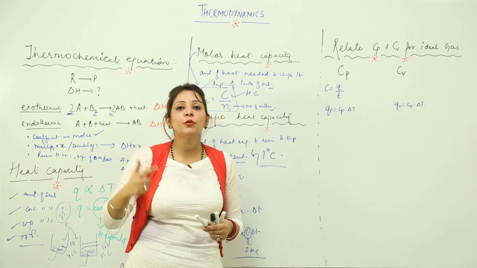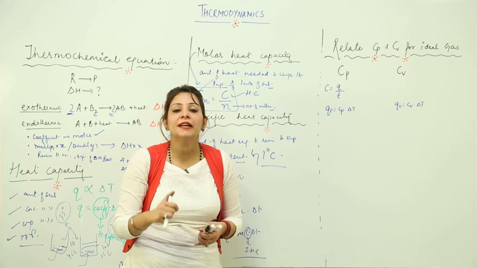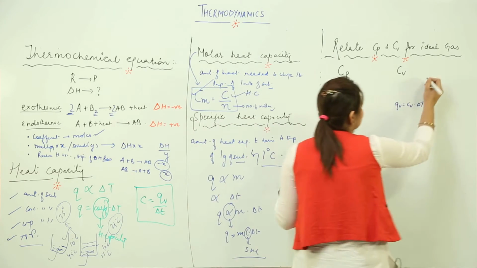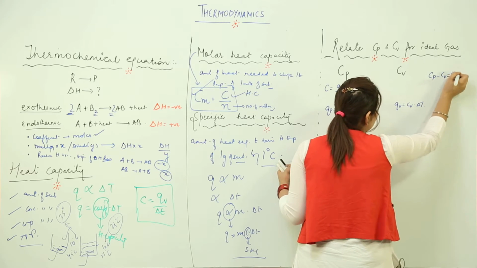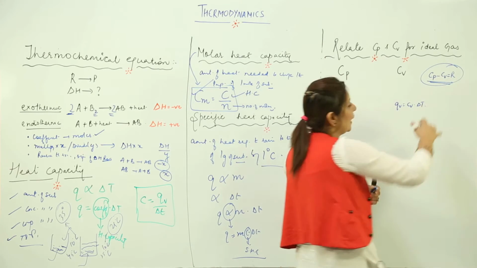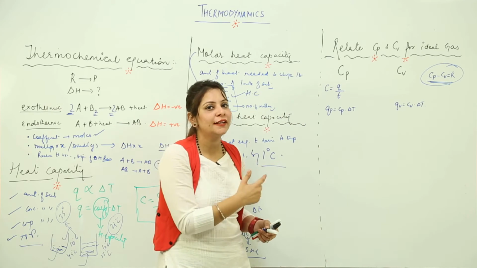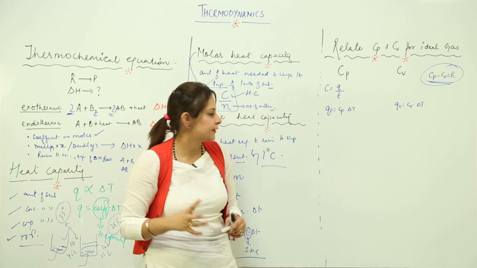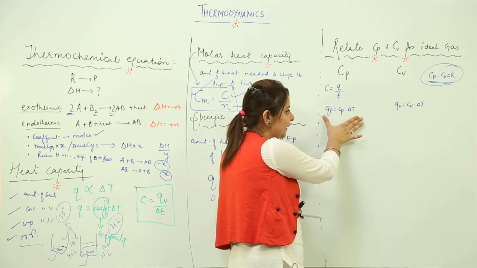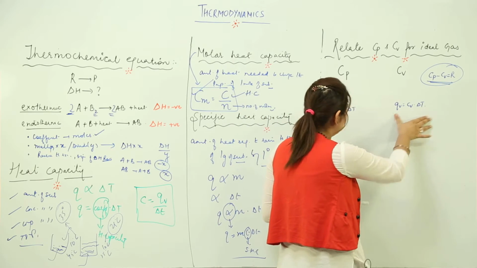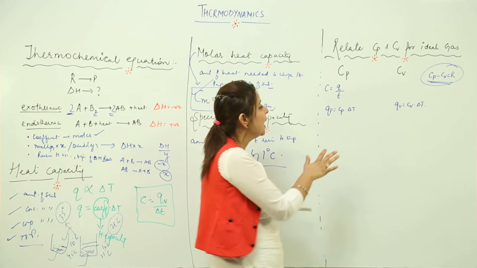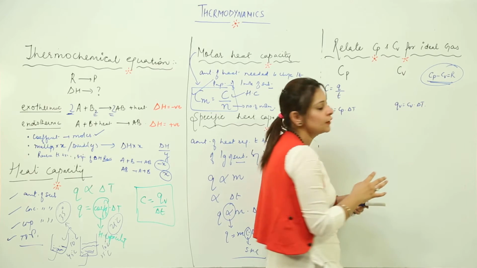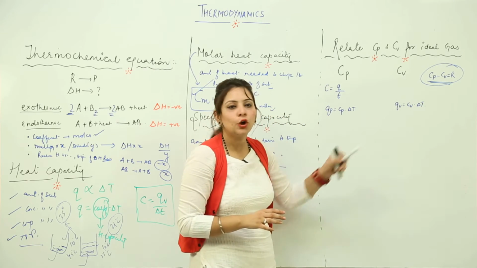Right. Now in this expression, I am going to show you a relation between Cp and Cv. When we solve this, we get the result Cp minus Cv is equal to R. For the moment you have to learn this, but we will be solving it. So look at the board to see how we relate Cp minus Cv as R. We have Qp as Cp into delta T, which is at constant pressure with heat capacity at constant pressure, and Qv as Cv into delta T, which is heat energy at constant volume with heat capacity at constant volume.